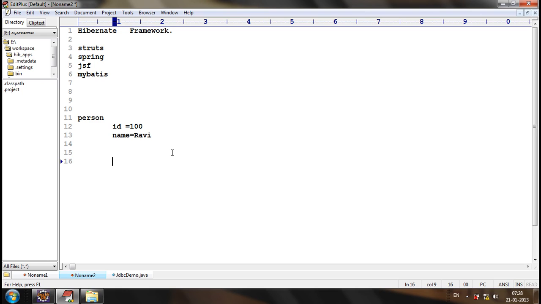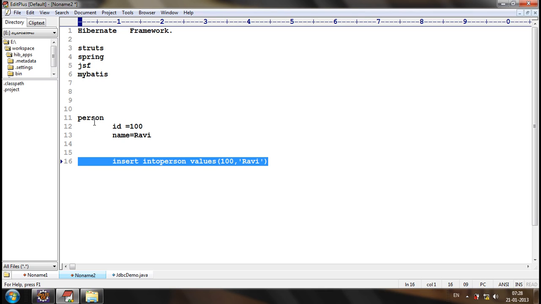Then what I need to do? I need to develop a logic where an insert statement is developed. I need to write some logic where this kind of query is created